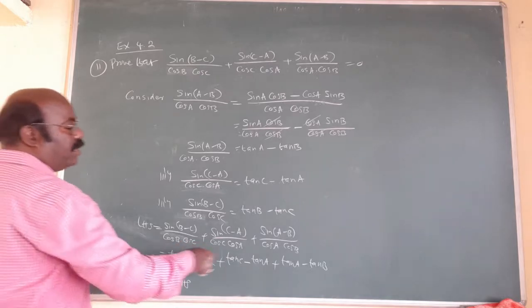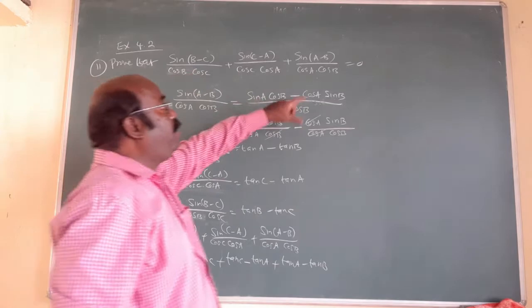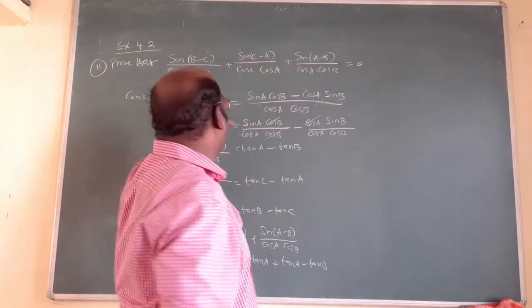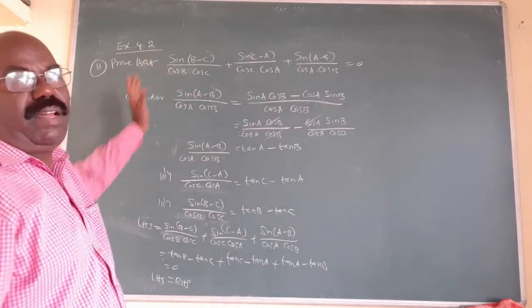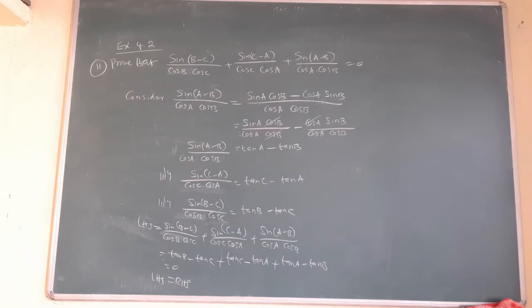Am I right? All cancel, plus and minus will cancel. Because out of these three terms, it is tan, sin(a − b). That's why I will start with the last, then middle, then first. Now write LHS, substitute the value, automatically all the terms cancel. We get the answer 0. That is the answer.